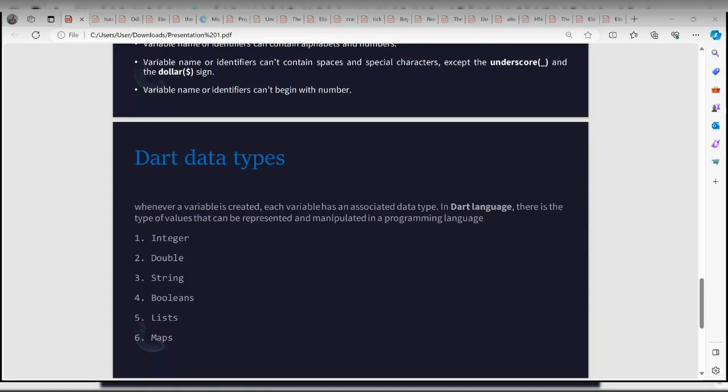This also is a string as long as it's enclosed in quotation marks. All right, do you understand that? Okay, thank you.